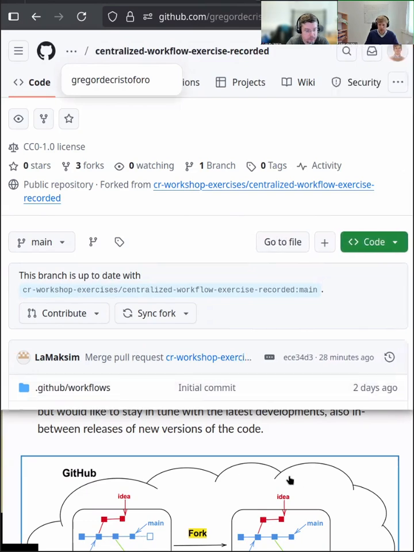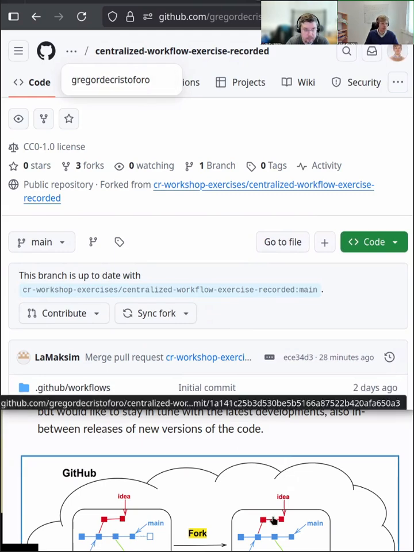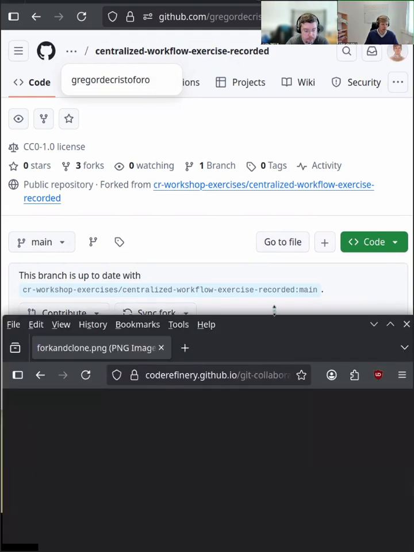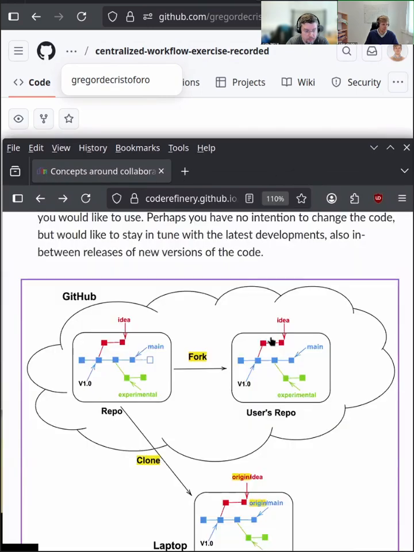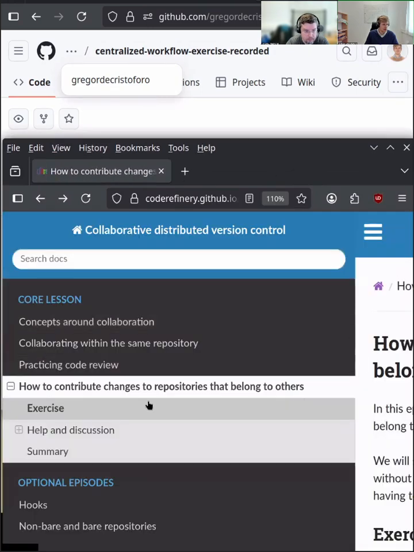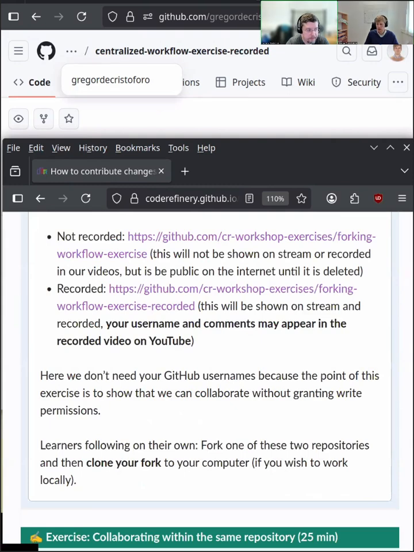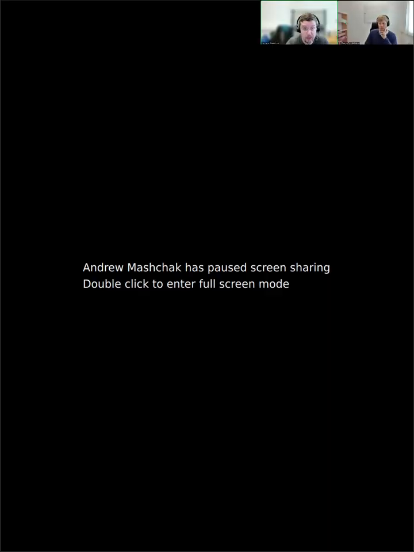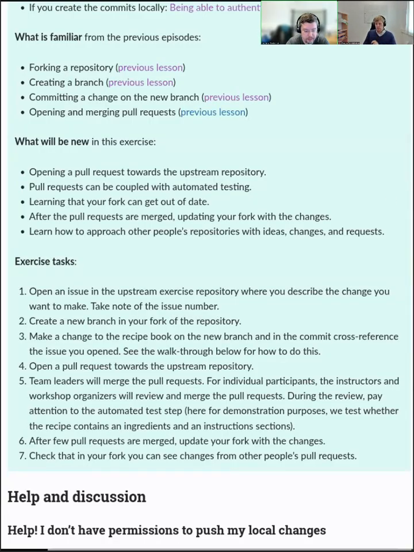Andrew, may I ask you to go through the exercise, the third part of the lecture today. Okay, may I give the screen share to you? Yep. And waiting for it to switch. Oh, sorry. There we go.